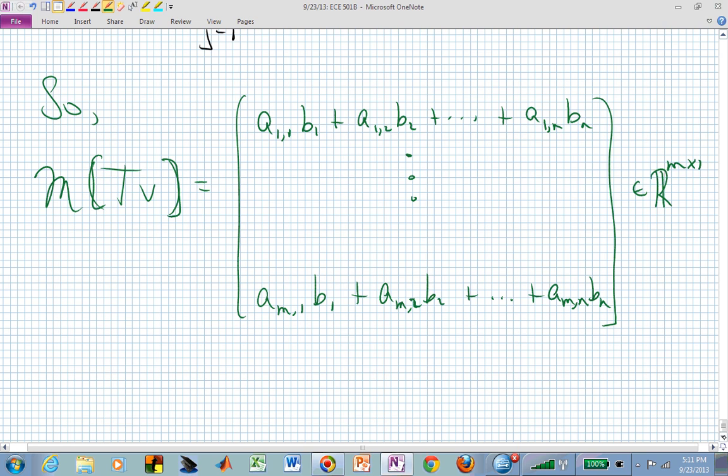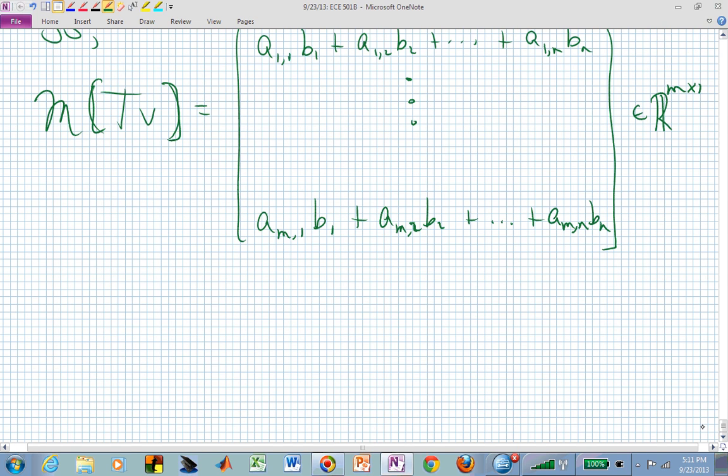But now if you looked at that, you could say, you know what, I could create that same combination of A's and B's if I simply looked at the A matrix that I started with and post-multiply that by a column of B's. Because this is now A11B1 plus A12B2. So I'm just reading across the first row of A down the column of B to get my first row. Then the second row, the mth row, would be AM1 times B1 plus AM2 times B2, meaning this matrix representation of this map TV